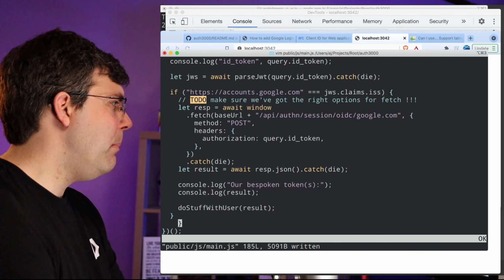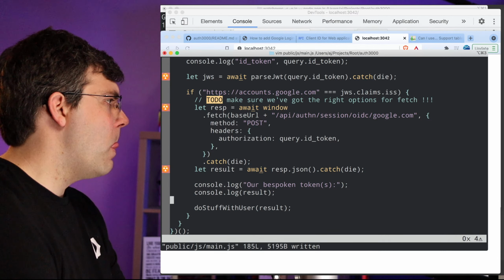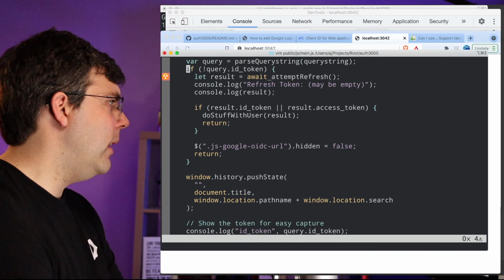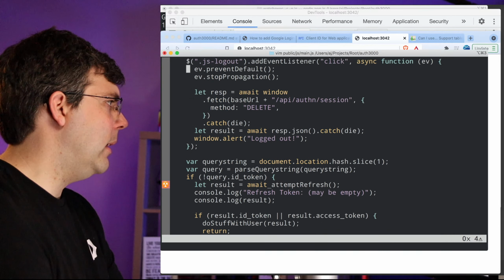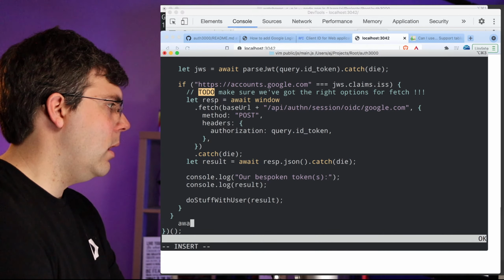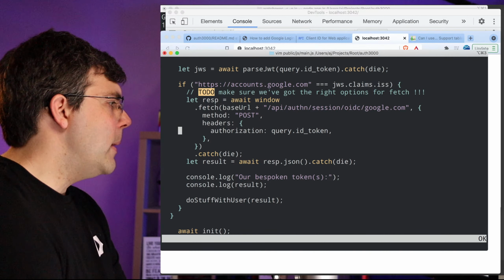It's kind of a bad name, but we're going to go with it. So when I do logout, I think I should do init again. Oh, and then async. Right, we need to make this an async function. So async function init, await init, and then